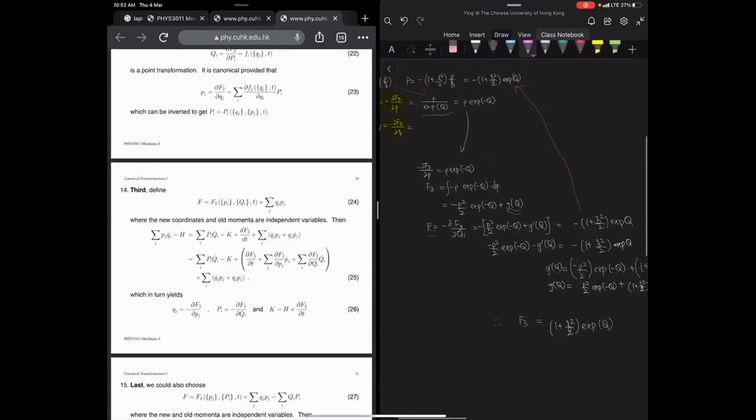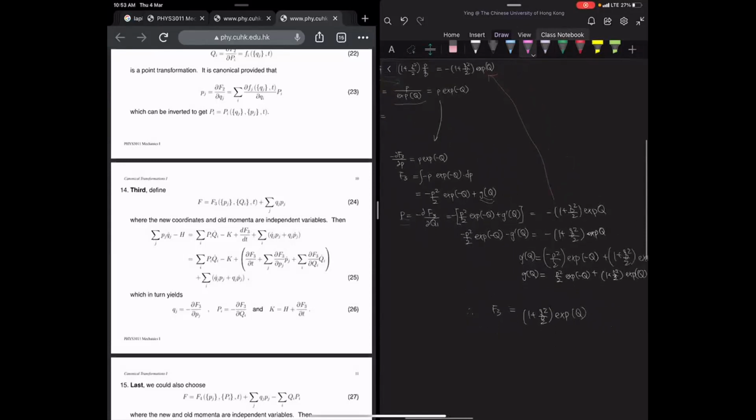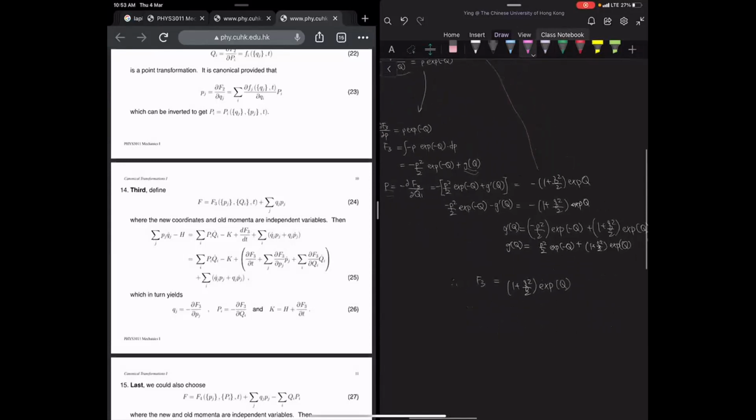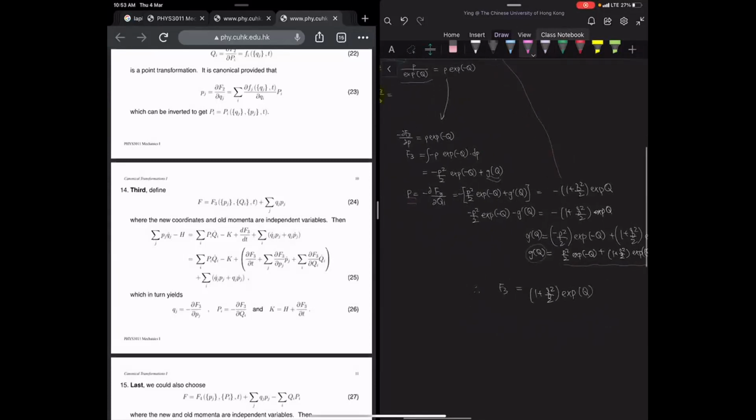If we make use of that, then we can find that the expression of G(Q) is given by p squared over 2 times exponential of minus q plus 1 plus q squared over 2 times exponential of q. So if we put the G(Q) back into the equation we've just found here,